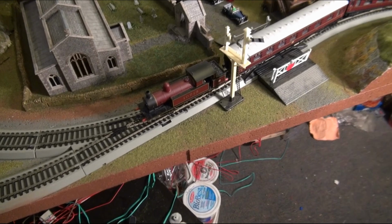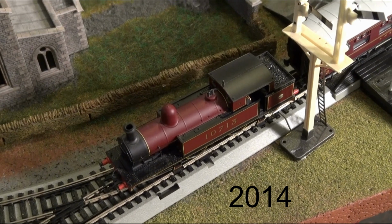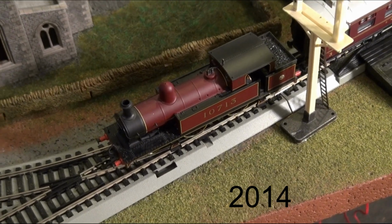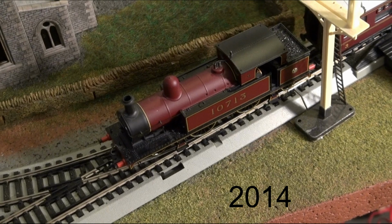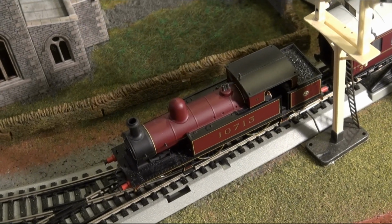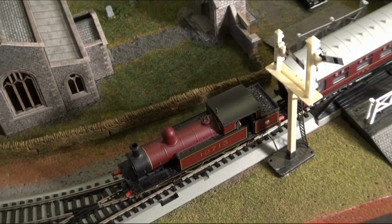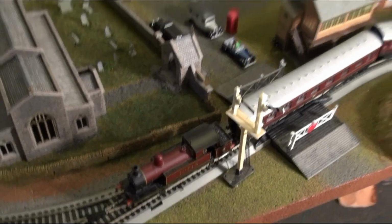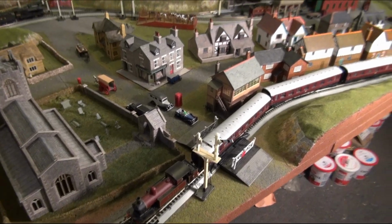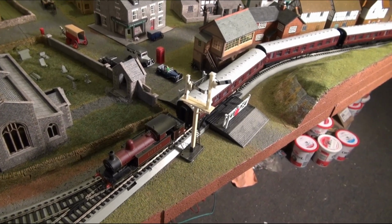Now I've got them behind a pretty much current production Bachmann, I don't remember what year it came out, not very long ago. Bachmann model of the Lancashire and Yorkshire tank engine. Unusual wheel arrangement, 2-4-2. Yes, it's a Lancashire and Yorkshire 2-4-2 tank in LMS maroon. And we're on the downstairs layout here, built with Bachmann Easy Track. Seems to work well, except that I don't have a handheld controller for it, so...